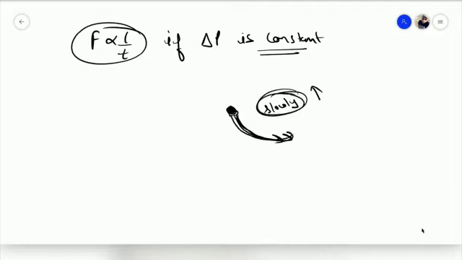Why do we do so, and why do those cricketers do so? That is to increase the time period. If they increase the time period, then what will happen? Since the force is inversely proportional to the time period, because delta p is constant, when you increase the time period, the force exerted on the hand by the ball, and by the hand on the ball, will be less. So there will be less impact of force on their hand, so that will prevent them from getting hurt. Is it clear?